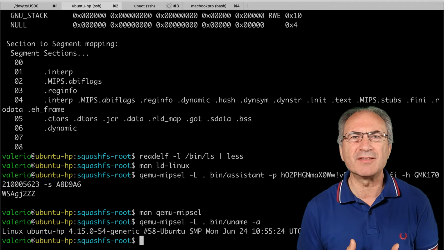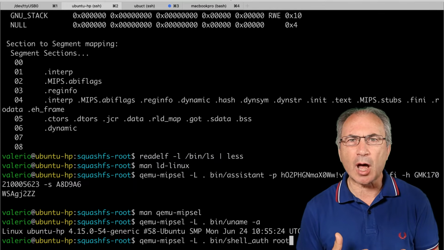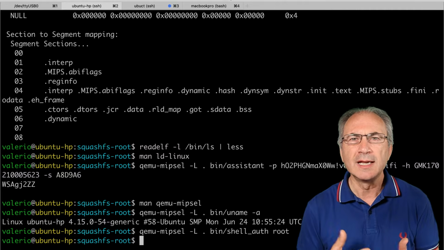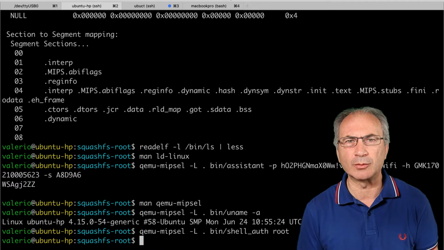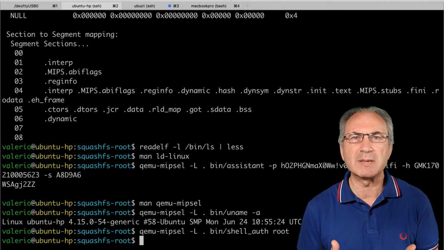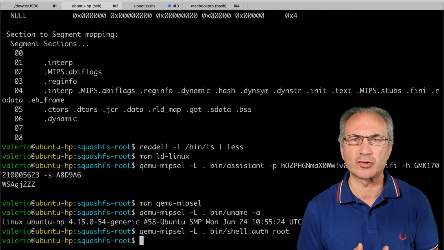Other commands can give quite confusing results or no output at all. For example, if we execute shellout, the other binary executable we are interested in, the one that has replaced the standard Linux blogin with the program giving a challenge code, in this case we don't receive any output. Overall, we can say that QEMU user mode can sometimes be useful for a fast test, but it is very far from being a useful emulation environment.